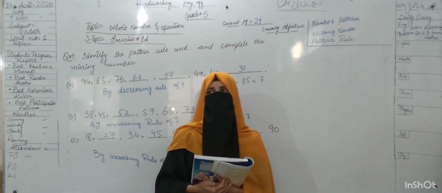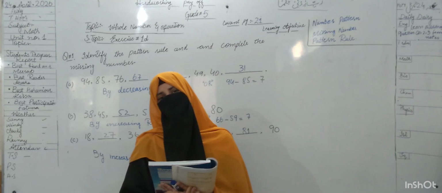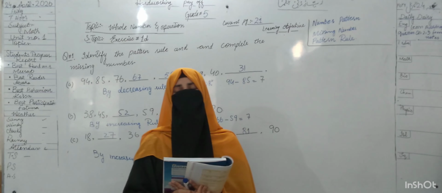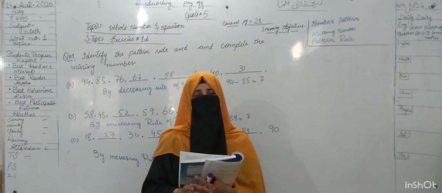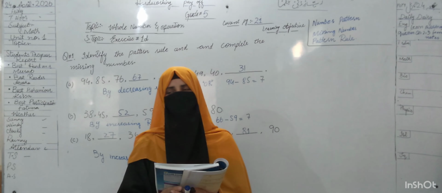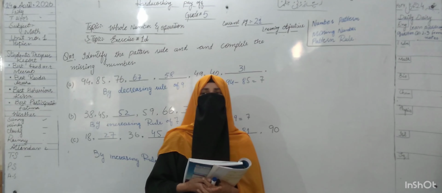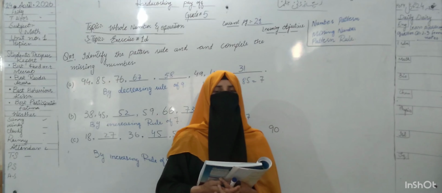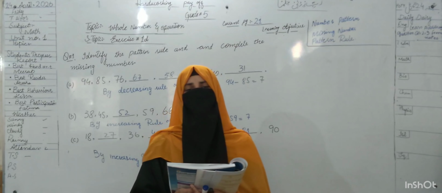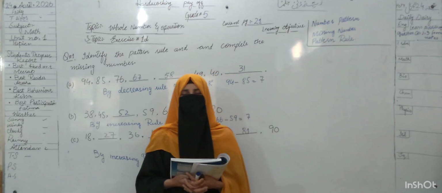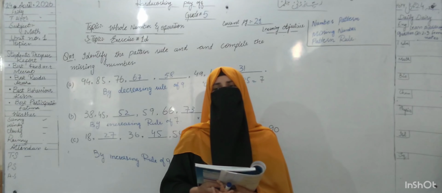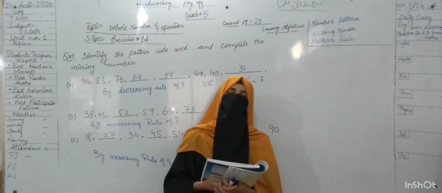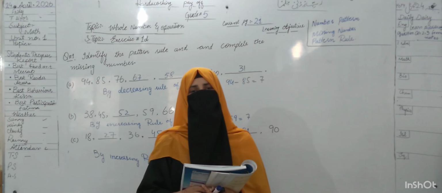Also we do have division in your exercise 1C. Division is when a number is to be divided among a number of persons, to find out one person's share, the amount, or products, etc. So students, division has four subtopics. One is the dividend, the number that is to be divided. The divisor is the number that divides the dividend. The result of the division is known as the quotient, and the leftover amount is known as the remainder. So now we have to start our today's lecture, exercise 1D.